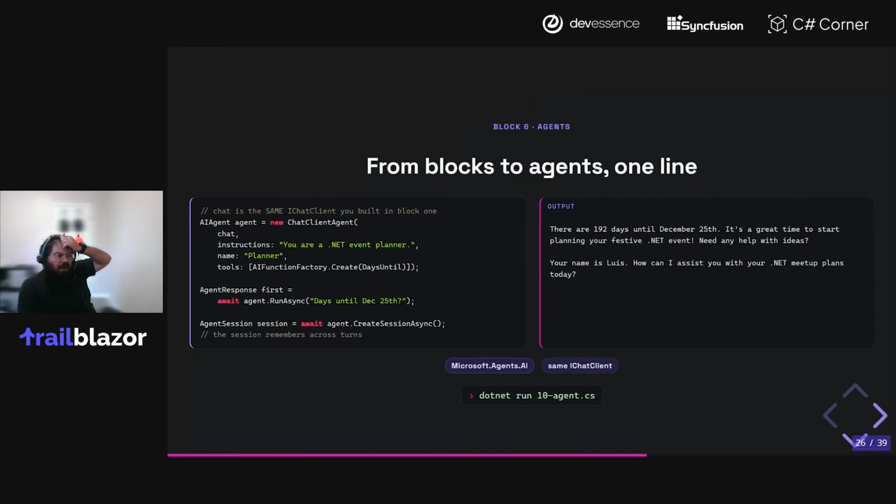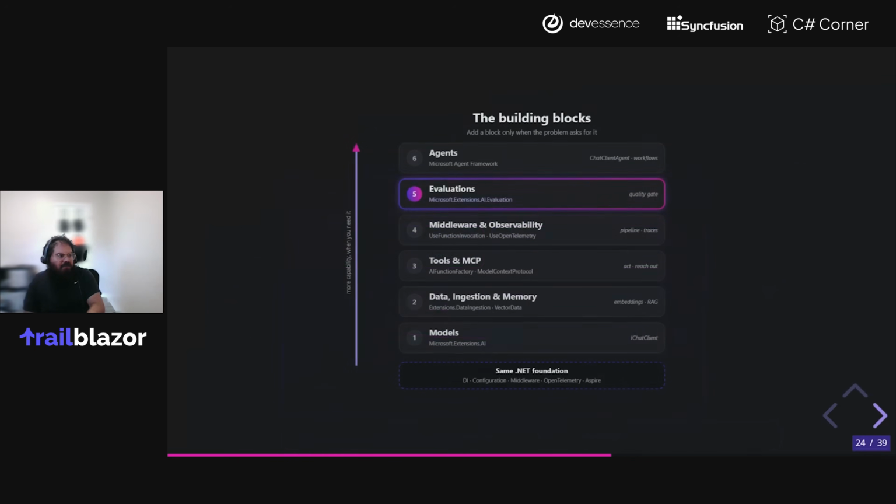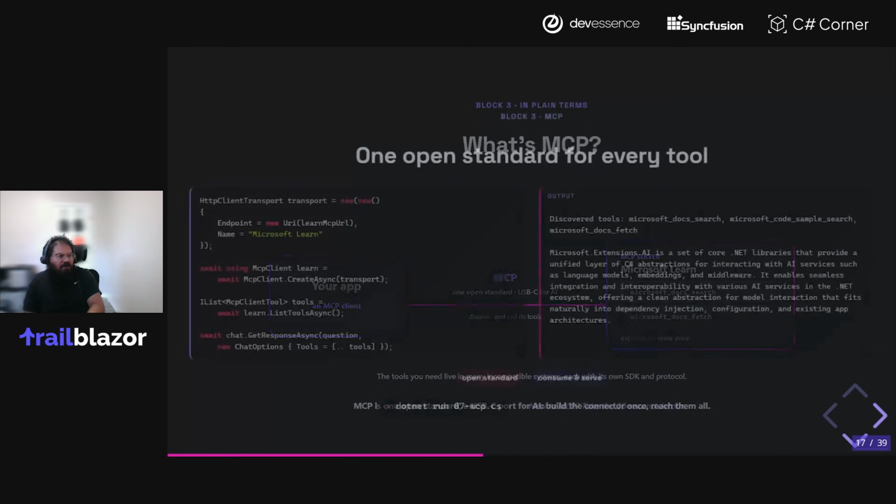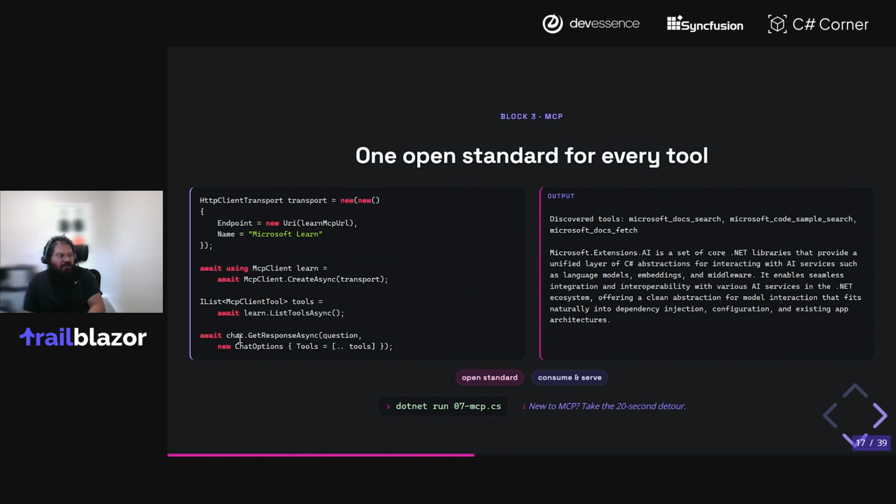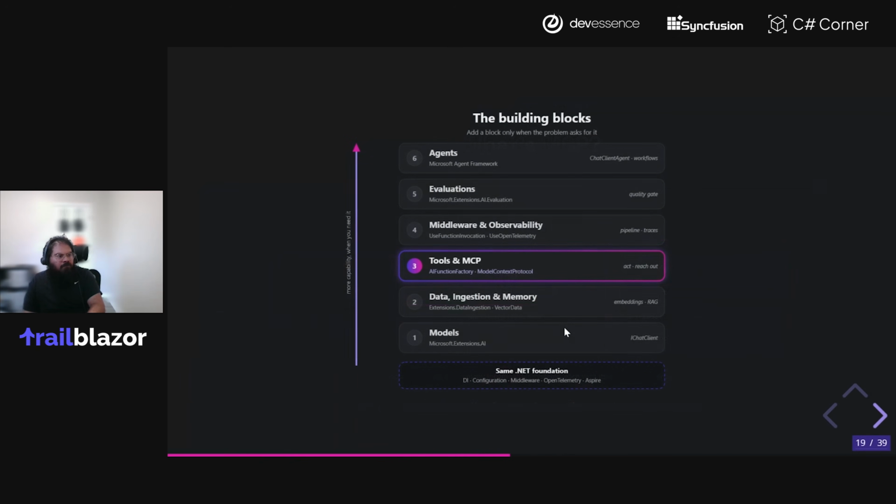And so how exactly do you build an agent? Let's say that all this time we've been talking about this chat GetResponseAsync, which is just our chat client.